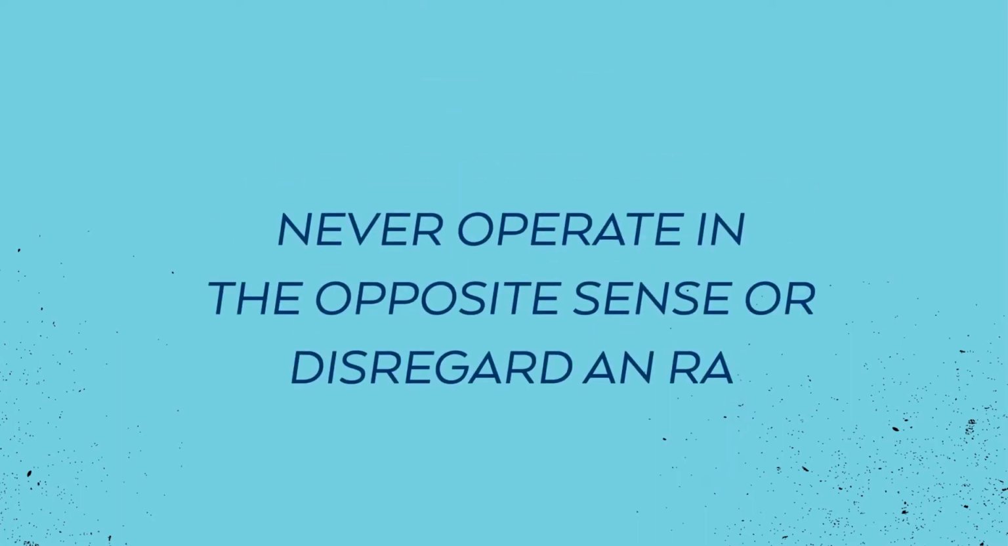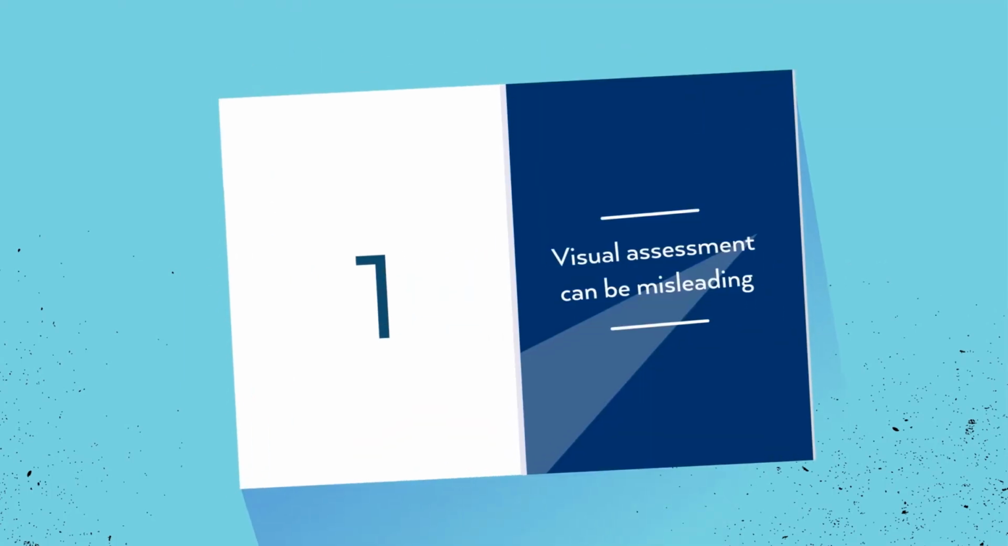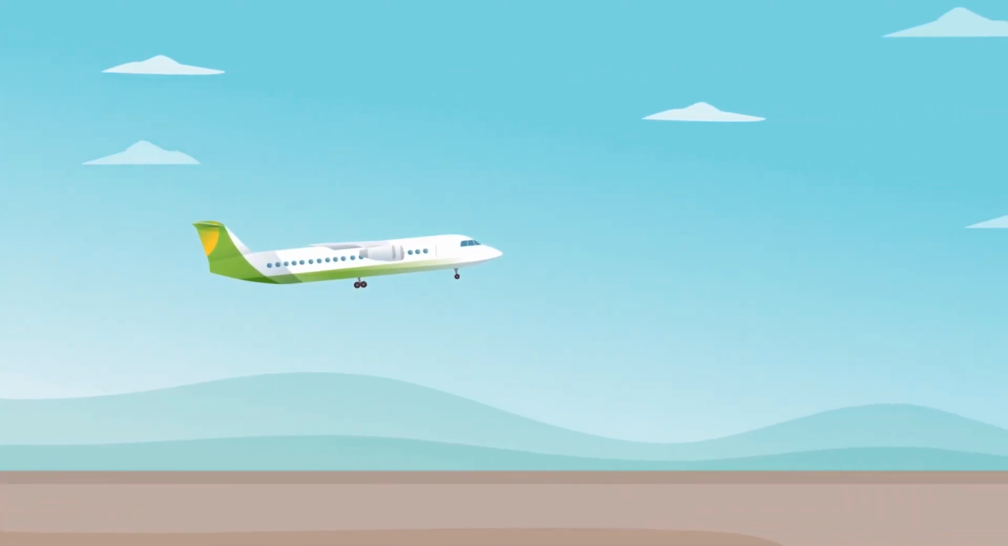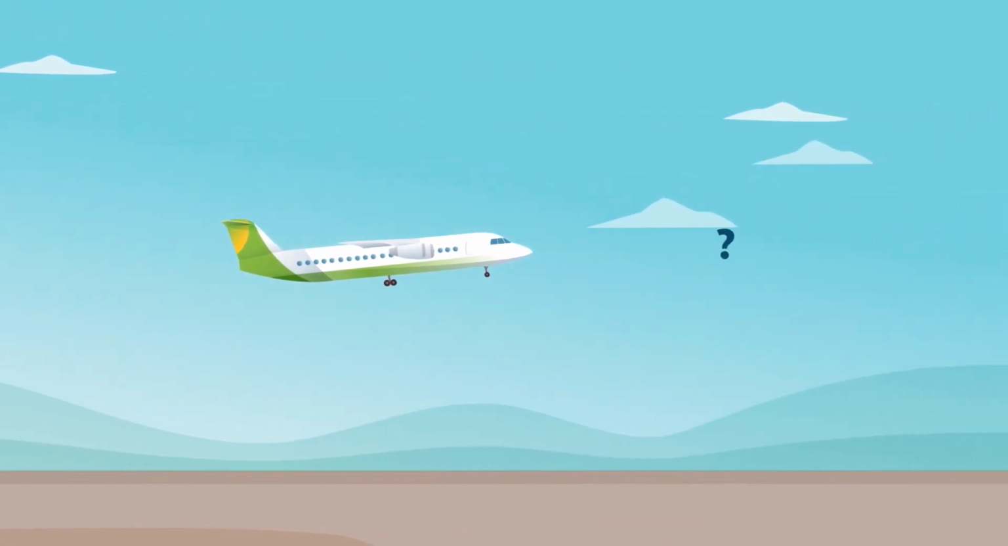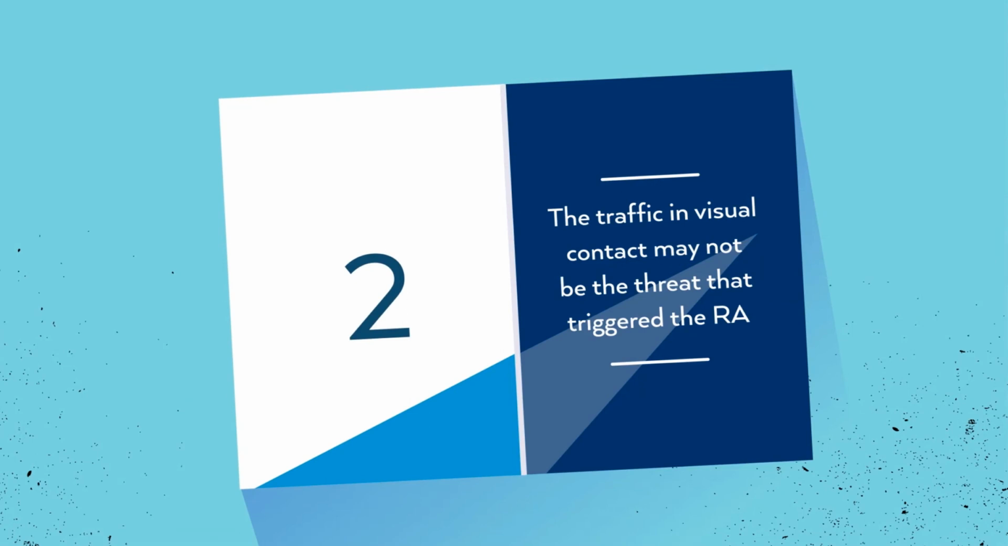To avoid this, pilots should never maneuver in the opposite sense to an RA. This is because visual assessment of traffic can be misleading. Judging distances in particular is difficult if the size of the other aircraft is unknown. And the attitude of a large aircraft at low altitude and low speed makes it hard to judge if it is climbing or descending. In addition, the traffic in visual contact may not be the threat that triggered the RA,